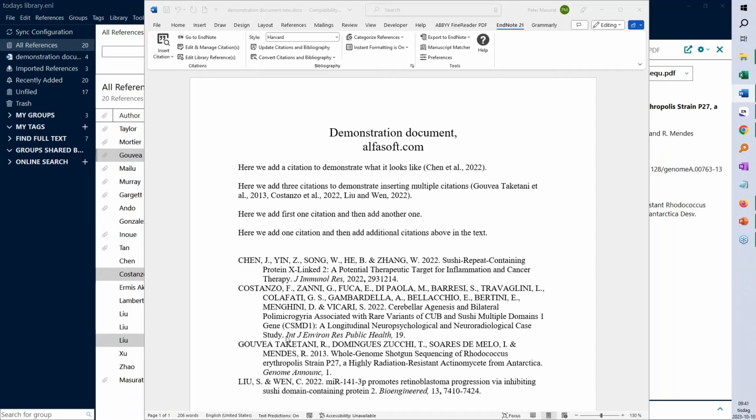Yep. So that was a really fast run through of EndNote and what EndNote can do. This is of course only the tip of the iceberg, as you say. Have a look at our courses to see what more you can do, and look at our support page